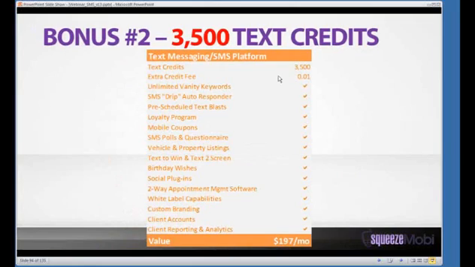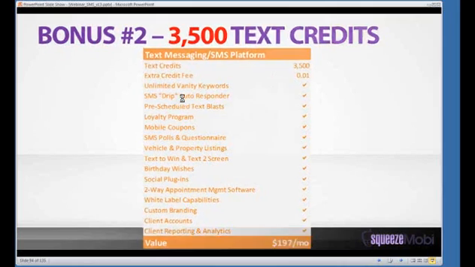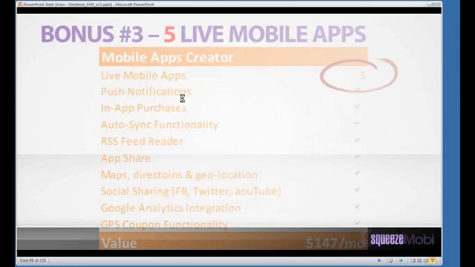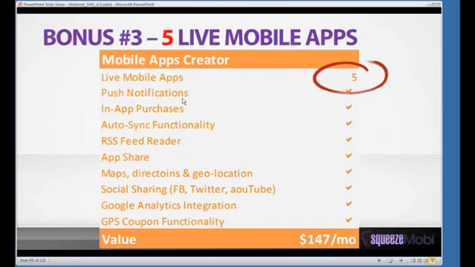You can run their SMS campaigns, and if you close just one client, on just the recurring fees, you're going to more than double your money back and easily cover this, probably making even more. All it takes is one client on a recurring schedule, and boom, you've already made all your money back.